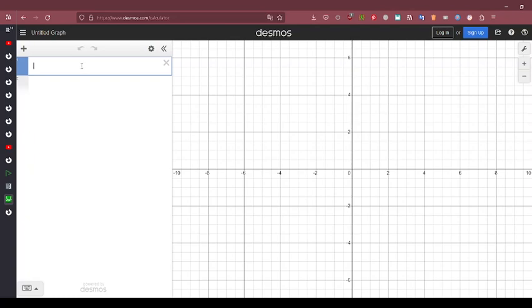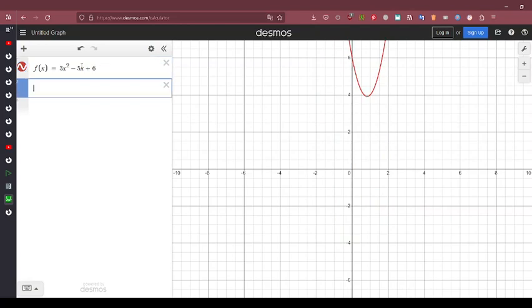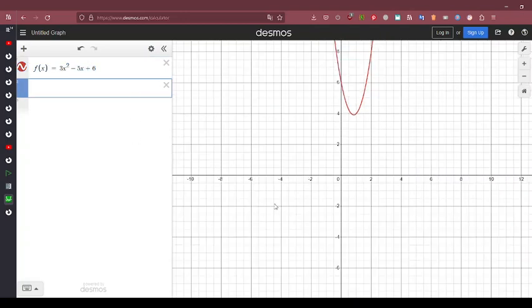So, suppose we have a quadratic function equal to 3x squared minus 5x plus 6, right? So this right here is a quadratic, and what we will do with it is we know that